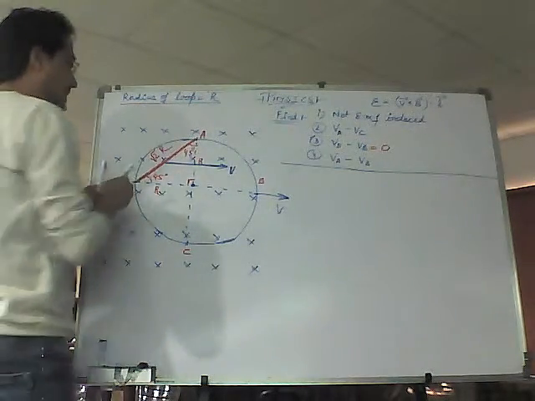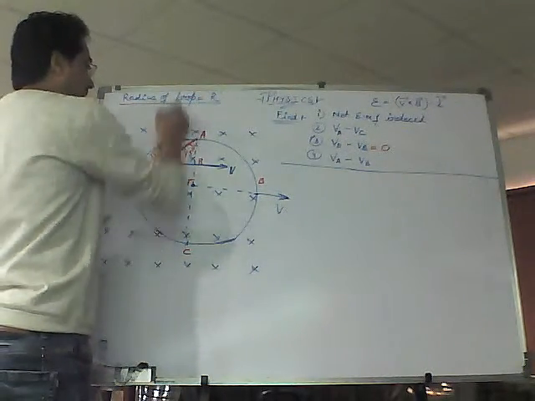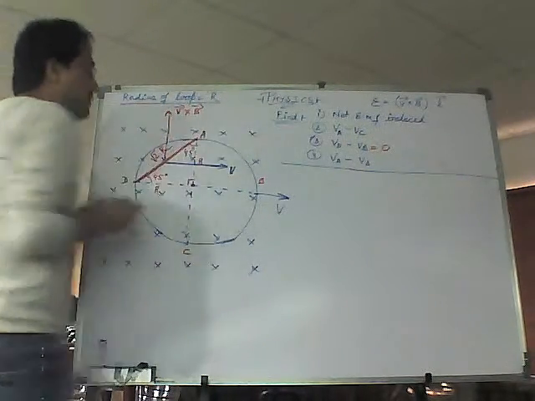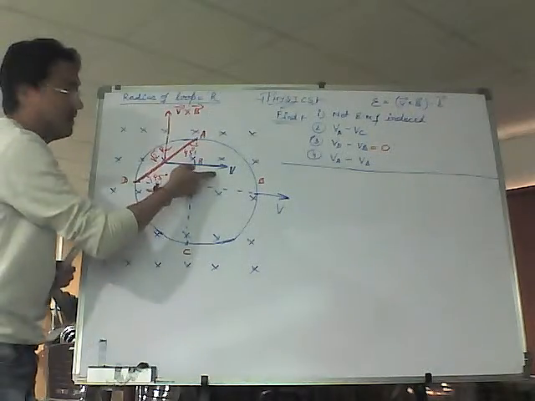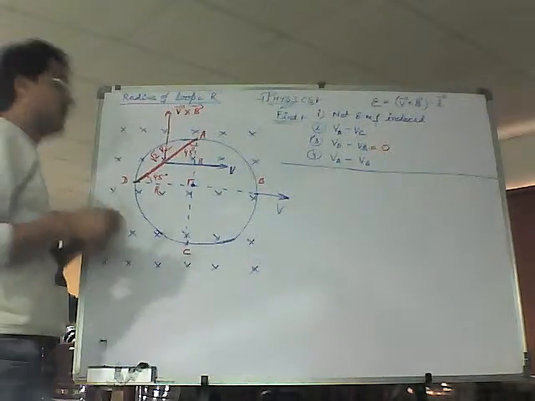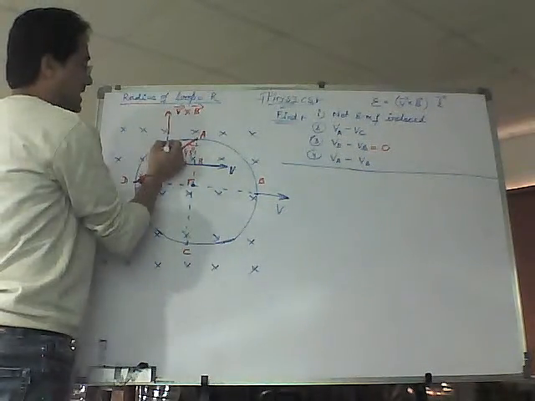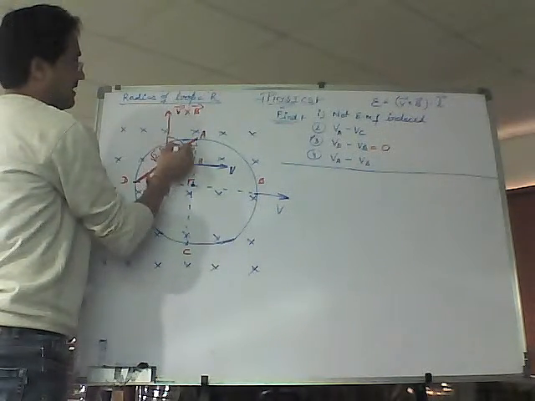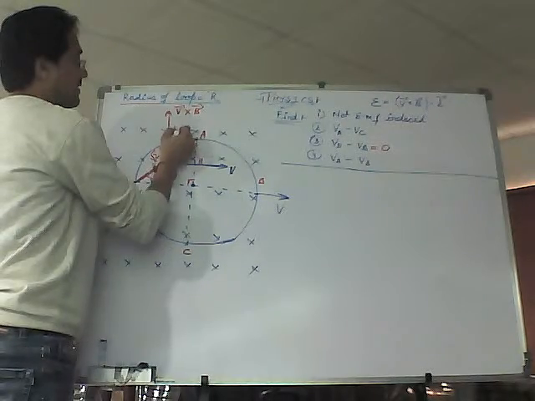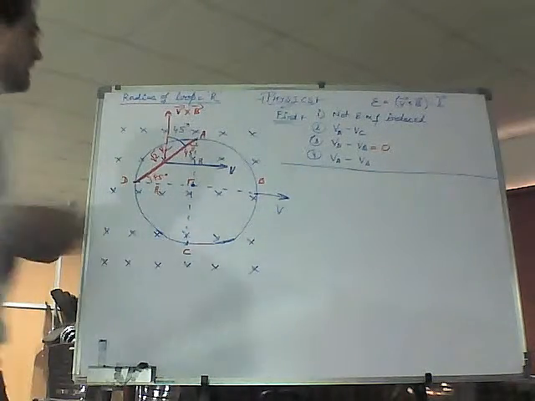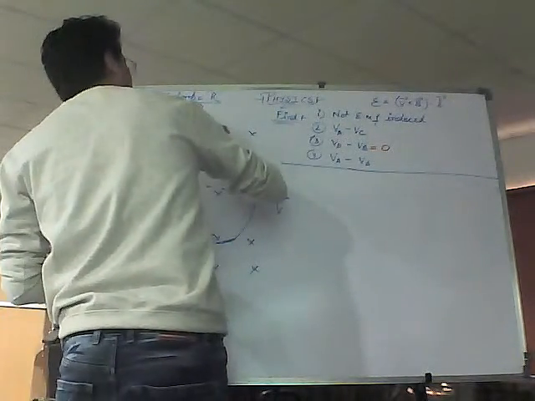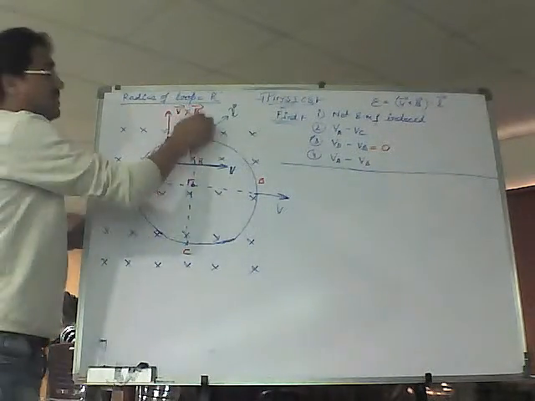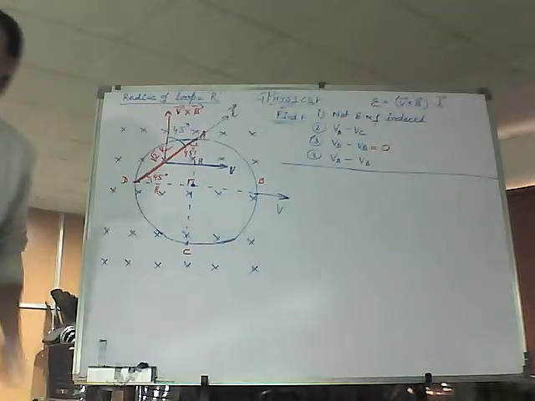तो V क्रॉस B का वेक्टर किधर आ रहा है? This is what we are having, V cross B, and V cross B will be perpendicular to V. If V cross B is perpendicular to V, that means ये एंगल कितना हो जाएगा, 45 डिग्री। ये है लेंथ वेक्टर। तो लेंथ वेक्टर और V क्रॉस B के बीच में एंगल कितना है, 45 डिग्रीज।